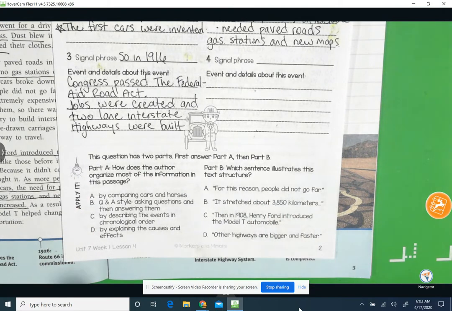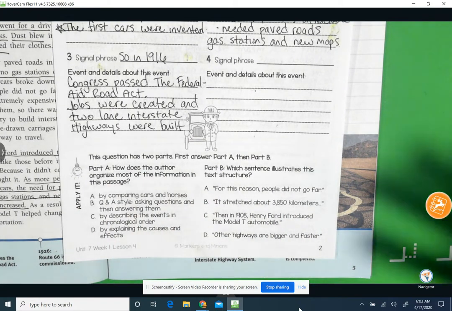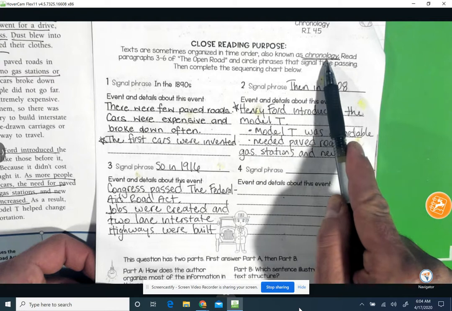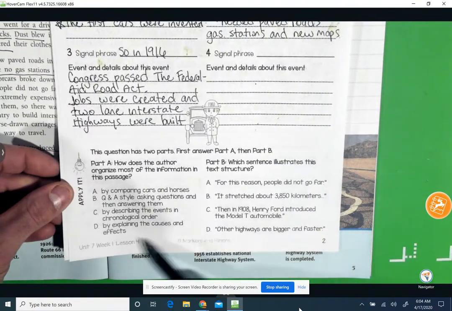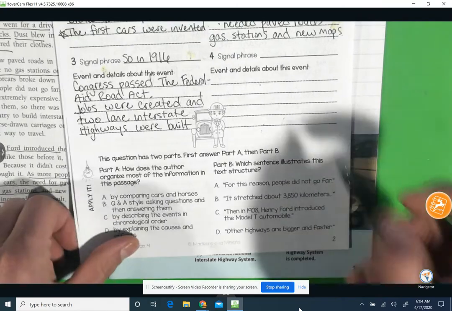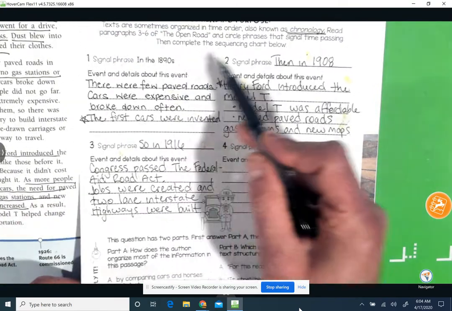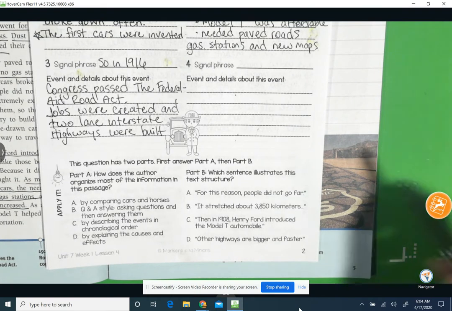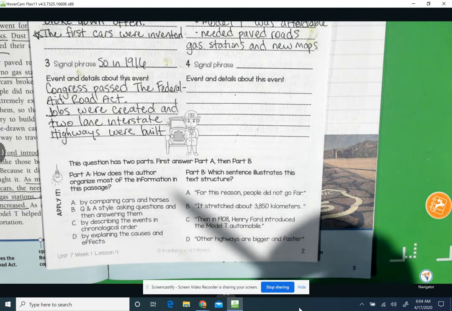Or one question that has a part A and a part B. How does the author organize most of the information? Guys, the clue here is this is all about chronology. Whatever chronology is, probably is the answer here. Which sentence illustrates this text structure, right? So the structure being these signal phrases. So in 1916, in the 1890s, and 1908, that's your text structure. It's built by using time order words. It's written in a way so that the reader is understanding the information in a timeline manner. Okay, so which one of these sentences would highlight that